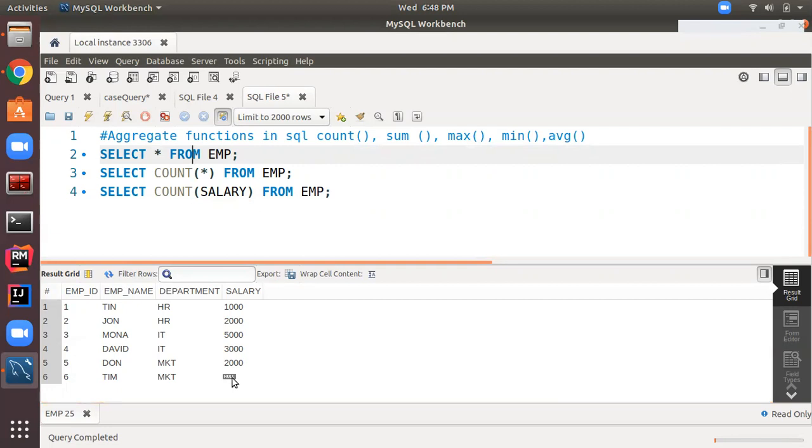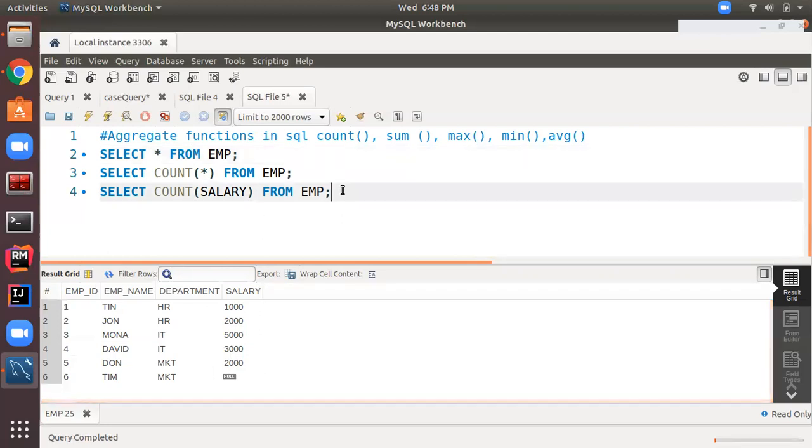You should remember this point. Sometimes it is asked in interviews as well. Null means we have not defined the value for this employee. We have not entered the value. That's why it's showing as null. So when I give select count salary from the table, it's not considering this row in the count. It's simply counting those salaries which have no null value.